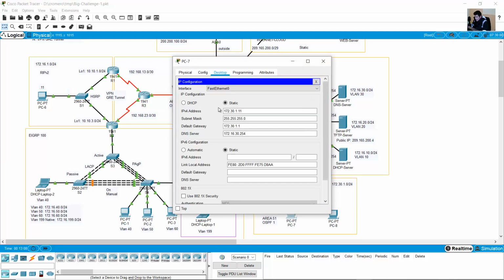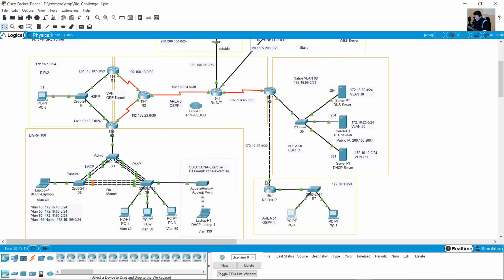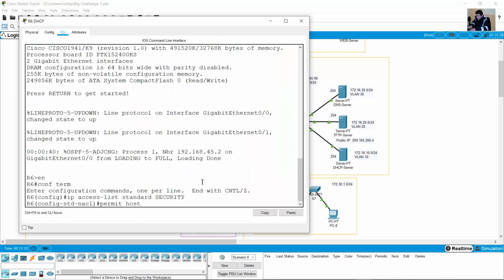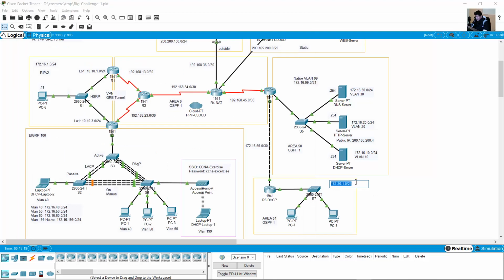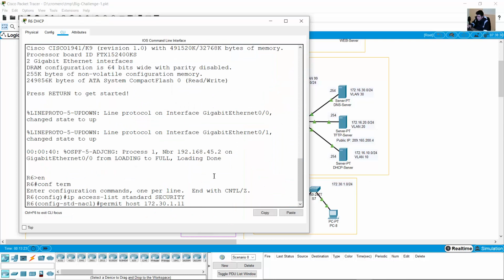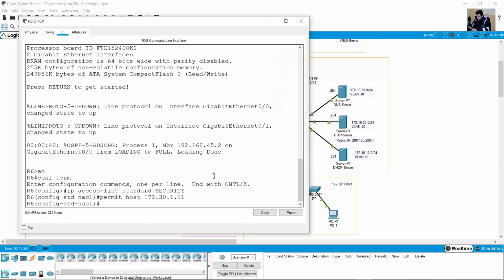The IP address of PC7 is 172.30.111. Permit host 172.30.111. Okay, 30.111. Enter. Okay, here at the end there is an implicit deny any. Exit,